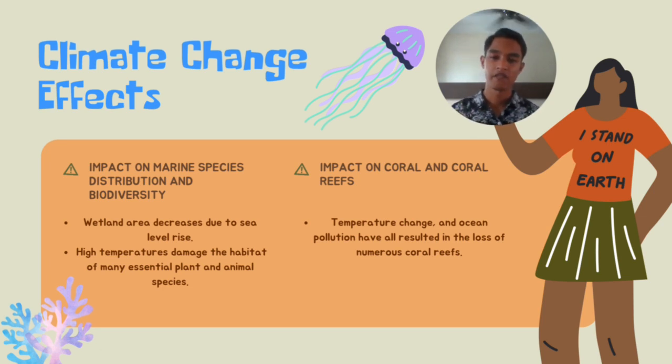Second, the impact on coral and coral reefs. In the last 3 decades, many coral reefs have been lost because of ocean pollution, overfishing, and temperature rise. It is noteworthy that if this temperature rise is not controlled, it may lead to a significant loss in coral reef production by 2050. Therefore, temperature stress inhibits coral growth and calcification capacity and promotes degradation and susceptibility to stress. The decline in coral reef formation has a direct effect on fish production, which leads to poverty and food insecurity.